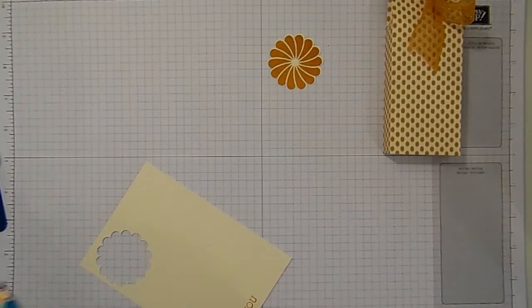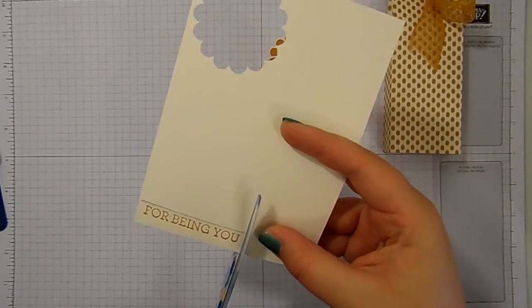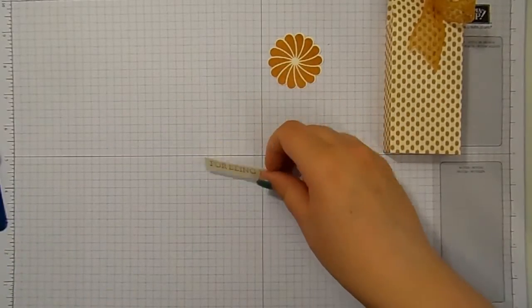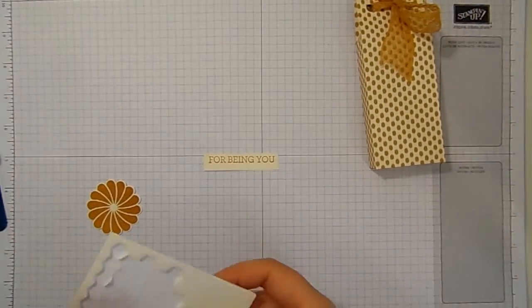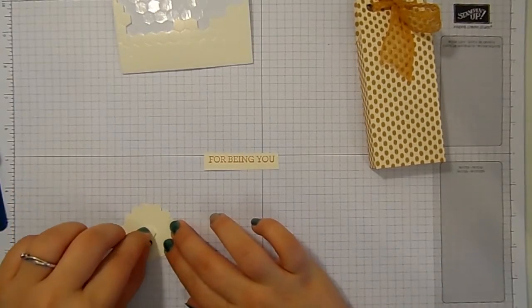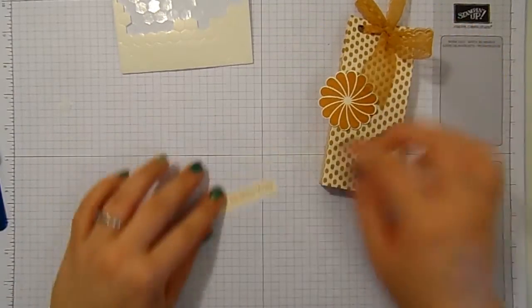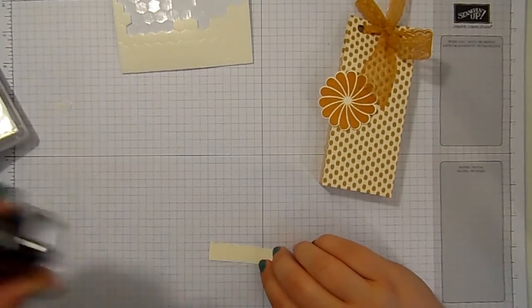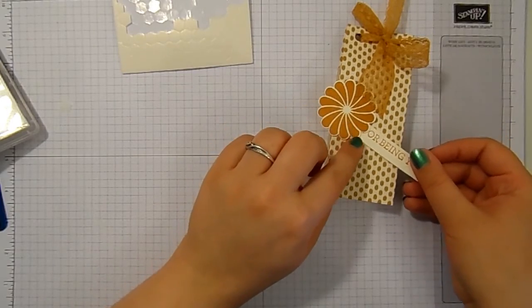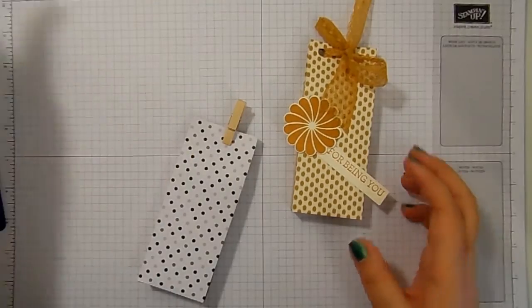And then I'm going to take my long handled scissors and just cut out. You could use your trimmer and get a neater look, but I'm quite enjoying the messy handmade look at the moment. And I'm going to pop a dimensional on the back of there. And a bit of Snail on the back of the For Being You. Like that. And that is my Poppets gift bag